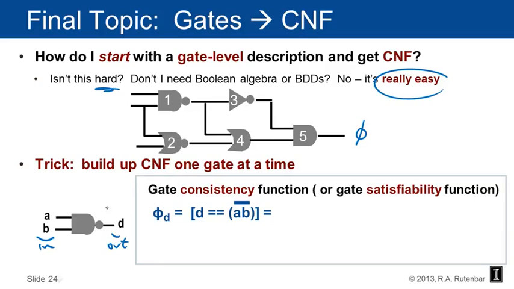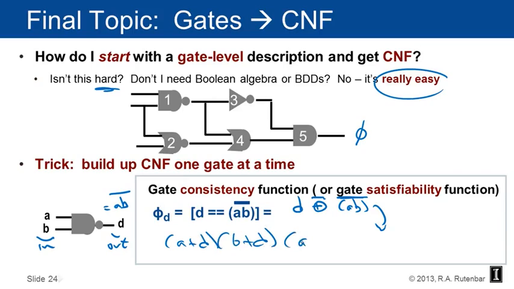So let's remember here what this gate is really doing. This gate is a NAND gate, so it's (AB) bar. That's what this gate is doing. So this is really nothing more than the symbol that we use for the output of the gate, exclusive NORed with the Boolean formula for what this gate is supposed to be doing, which is (AB) bar. And if you do just a little Boolean simplification on this, you will get (A + D)(B + D)(A bar + B bar + D bar), and this is equal to